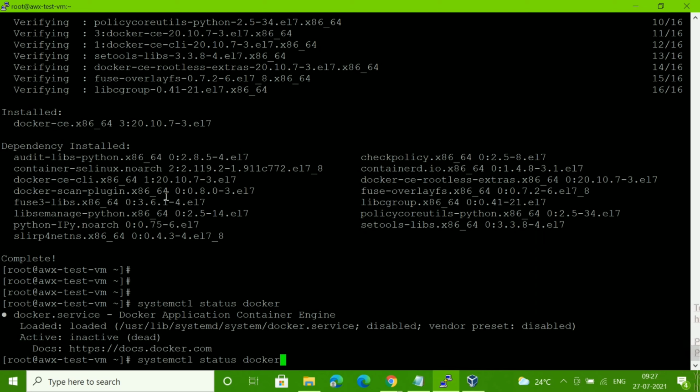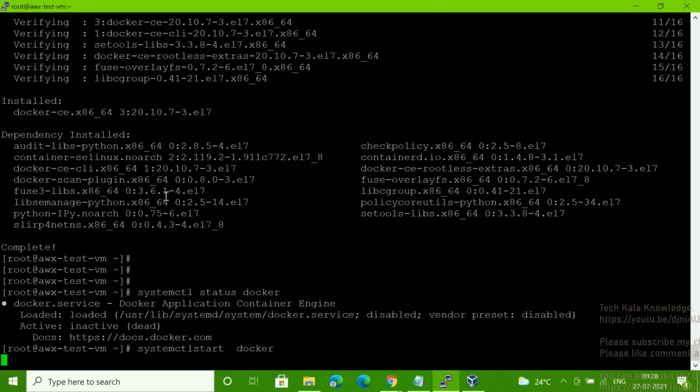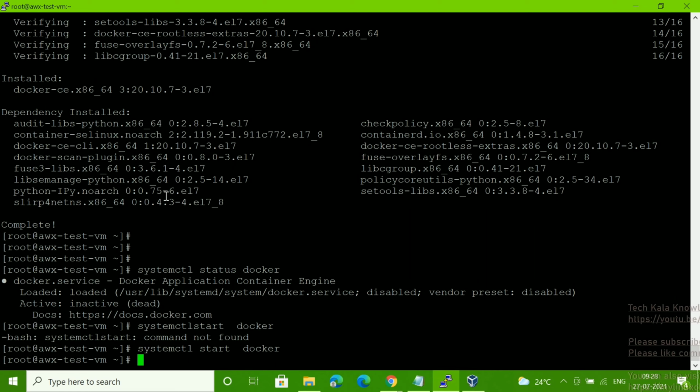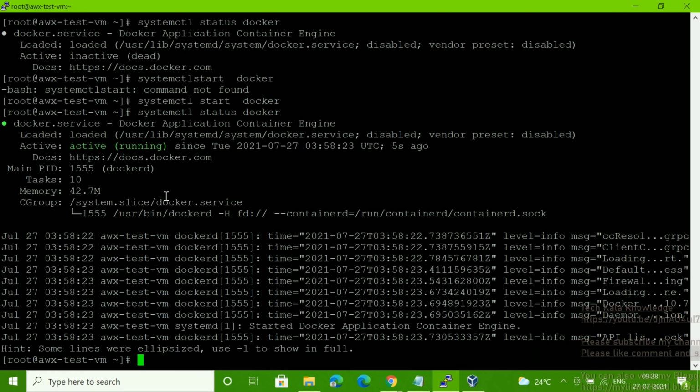So what we have to do now, we have to start the service. Oh, sorry. We have to give here systemctl start docker. Okay. Now if you check the service status, you can see it's running.